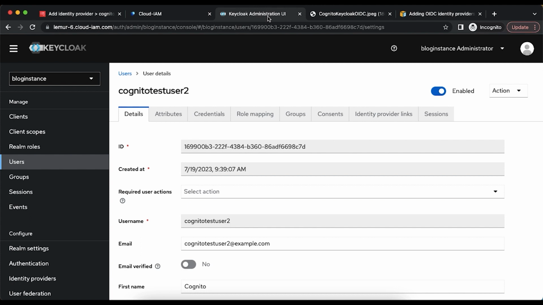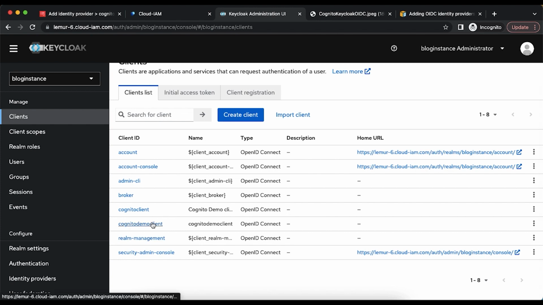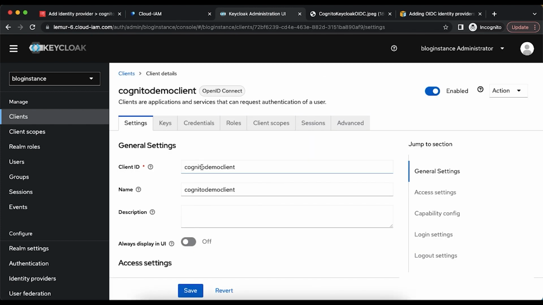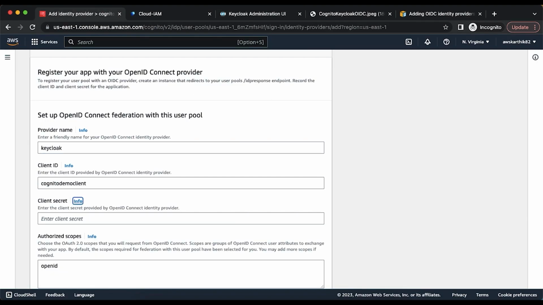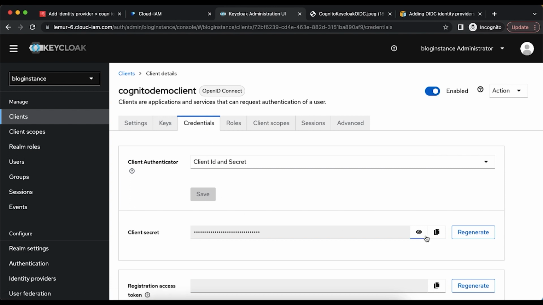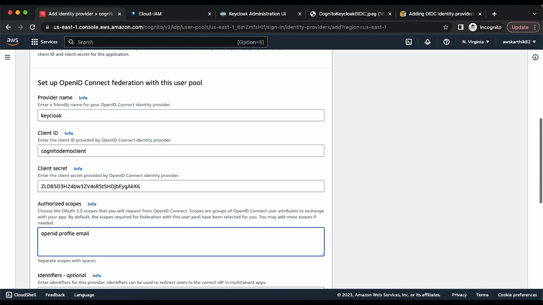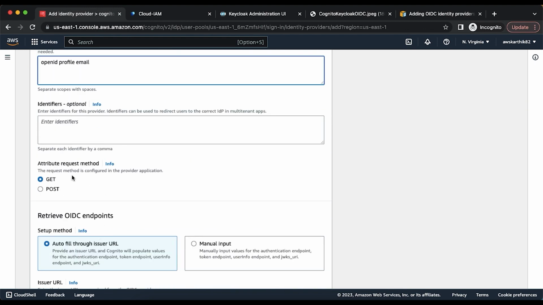So go back to the Keycloak administration UI, clients, and this is the demo client that I created. So this is the client ID, copy that, paste it here, and for the client secret, go to the credentials tab, copy it, paste it here, and for the scopes, enter openid profile and email,